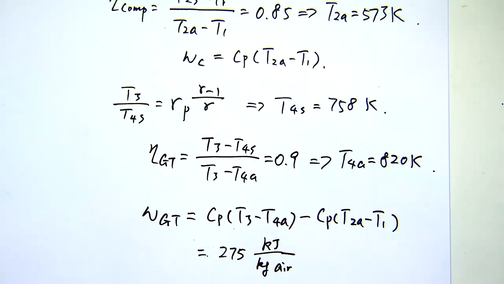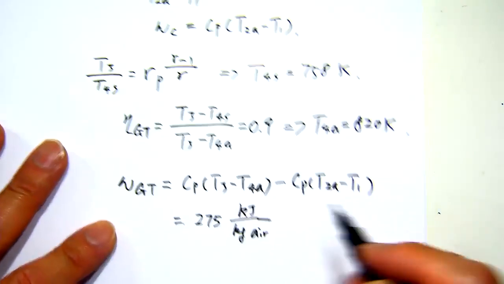Sorry. T3 minus T4a divided by T3 minus T4s. Yep. Yeah. Yeah. Just